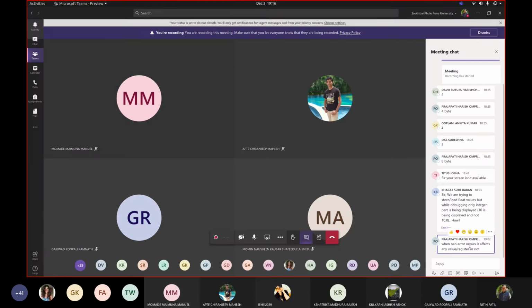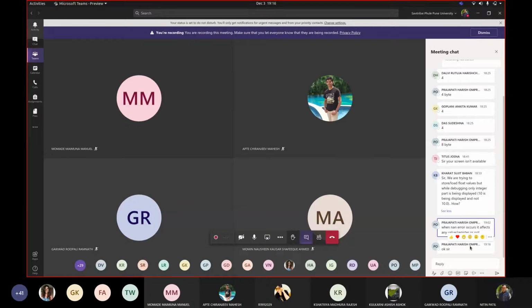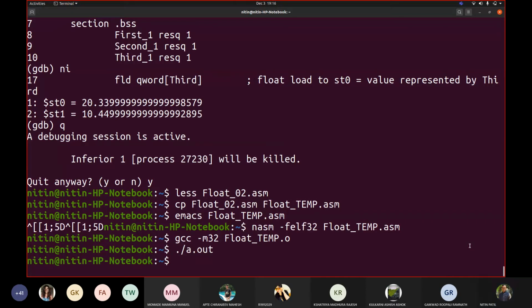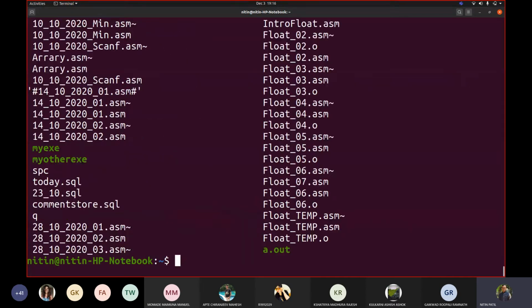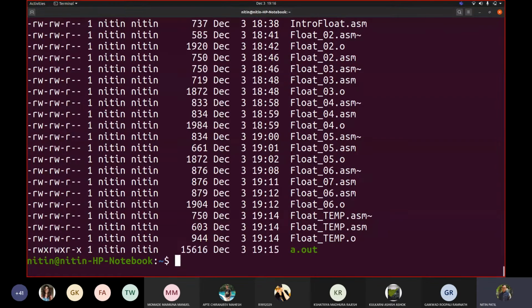Harish, understood? Okay. So can we move to the next one then? So our last code was, sorry, our last code. I will keep this temp as well for your reference. Fine. So let us now copy float_0. Oh, we already said 7, na? Yeah, we will go with 7.